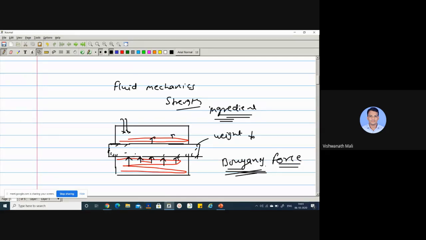High strength means whatever forces are generated by the molten metal, it should withstand those forces. Refractoriness means whatever the high temperature is, it should withstand that high temperature and should not get fused with it. And friability means when we are breaking, it should break easily. That is the difference.